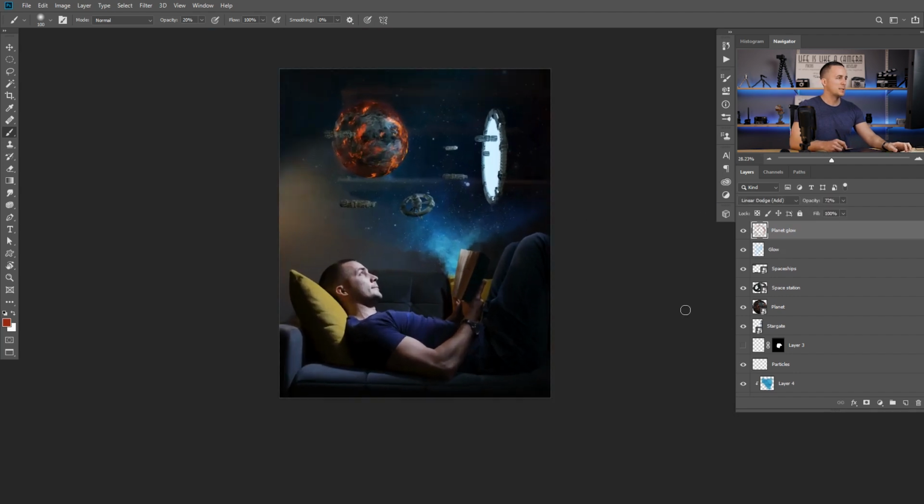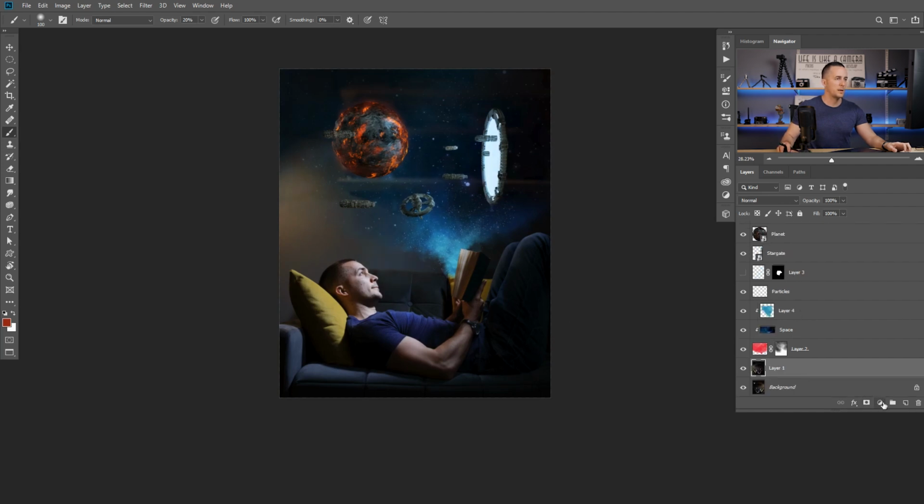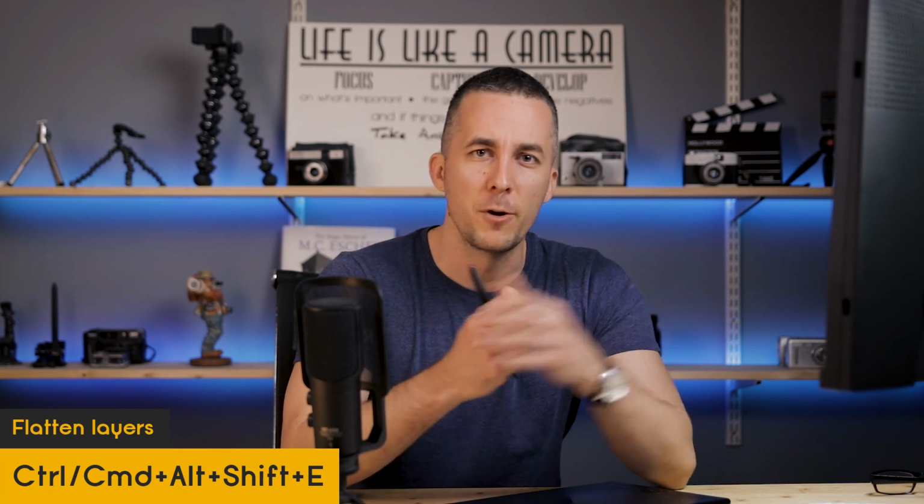And this is almost it, guys. We can now go all the way down. Let me see, this glow is cool. We can go all the way down here, and if we want, we can change the color on the model here, on myself, but I will leave it like this for now, and I will go all the way up, merge everything together into one layer by pressing the famous keyboard shortcut Shift Control Alt E, or Shift Command Option E on a Mac,